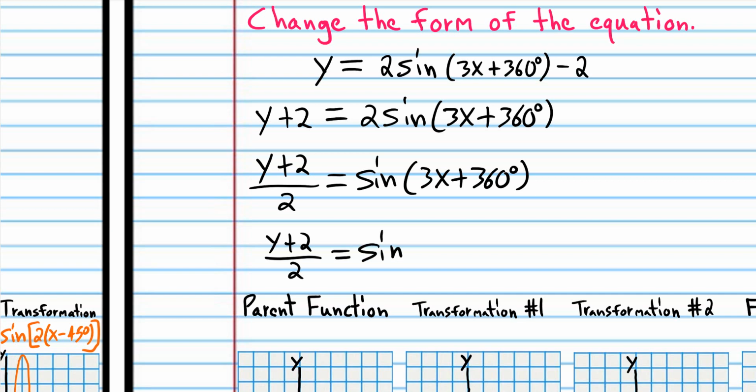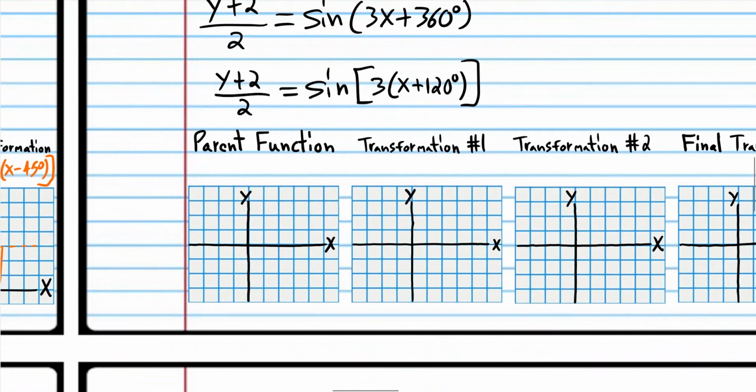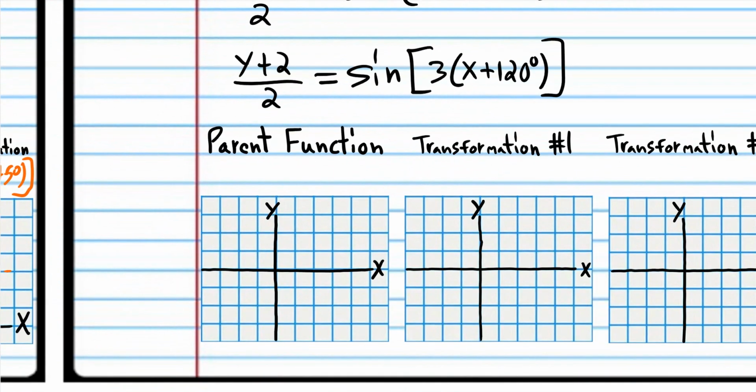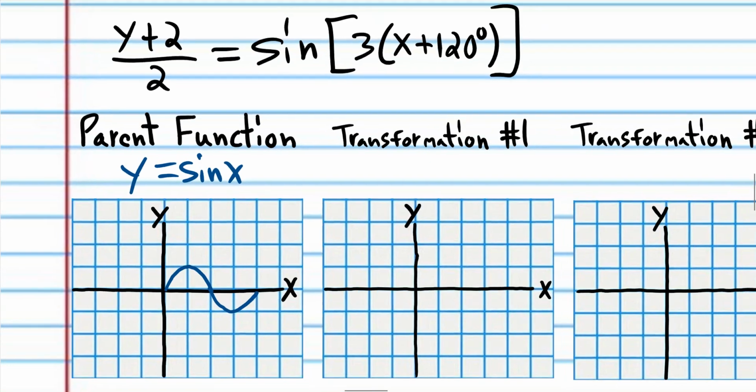Then I'm going to factor out 3, and we see that the phase shift is 120. So the parent function is y is equal to sine x. I'm going to draw that curve. Now we're only drawing one cycle, so the cycles continue forever to the left and to the right. You're only required to draw one cycle